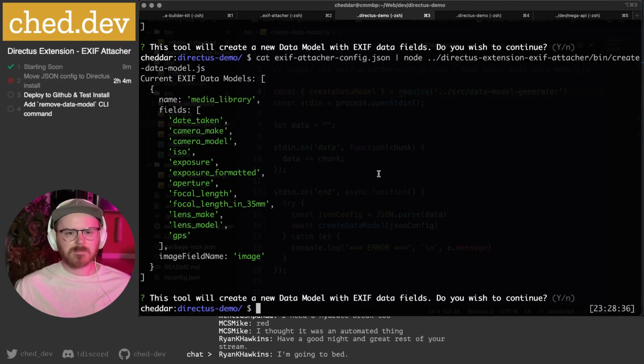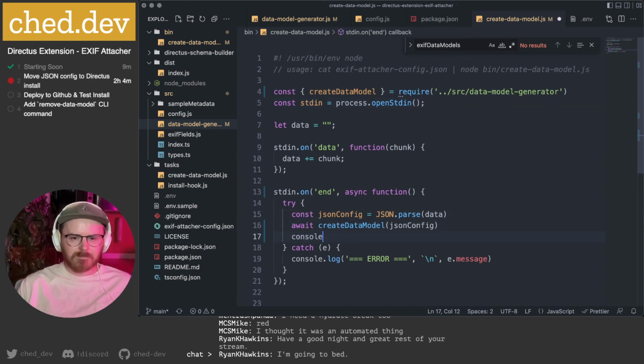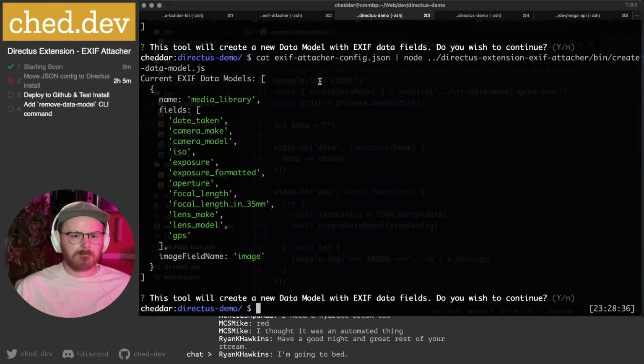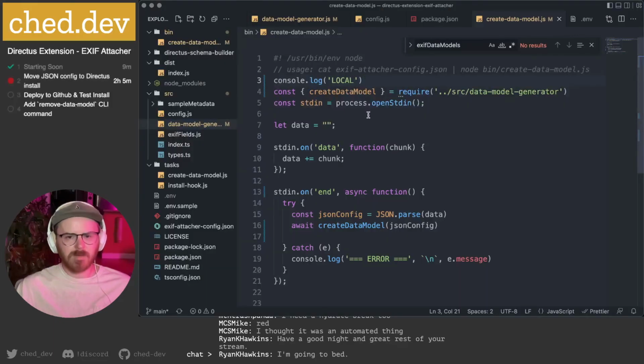No. Let me make sure I'm running in the right one real quick. Yes, it is. Okay. My guess is this has something to do with the piping and the way it finishes out, but